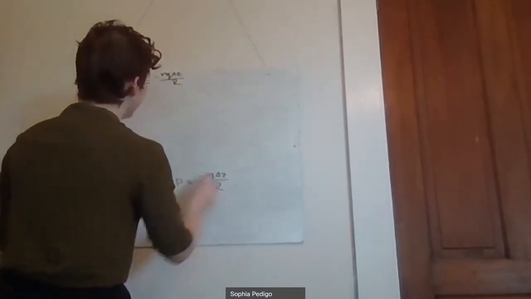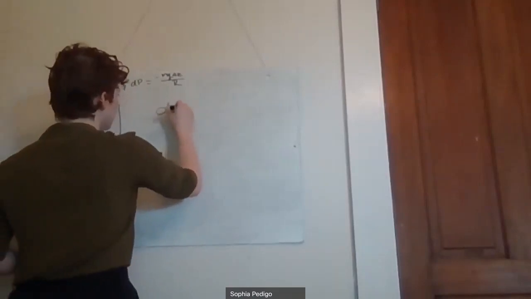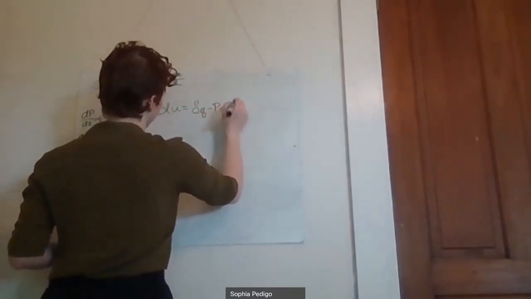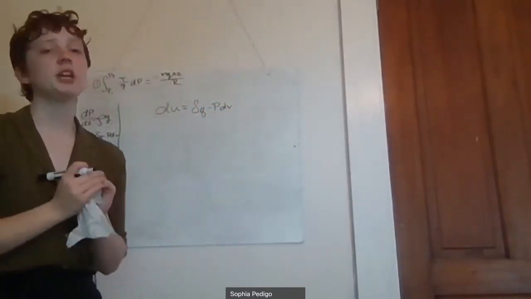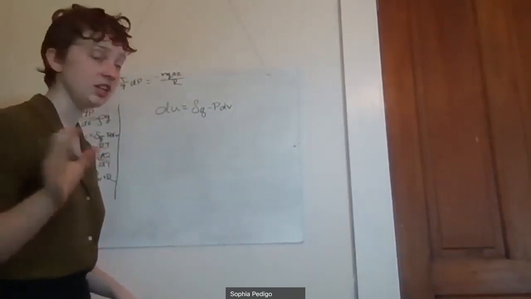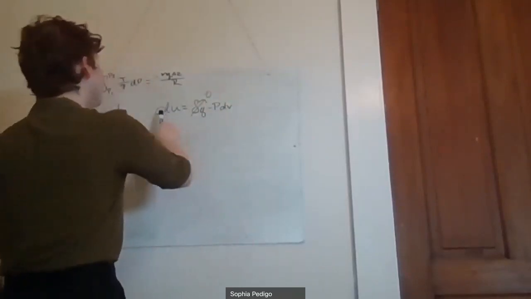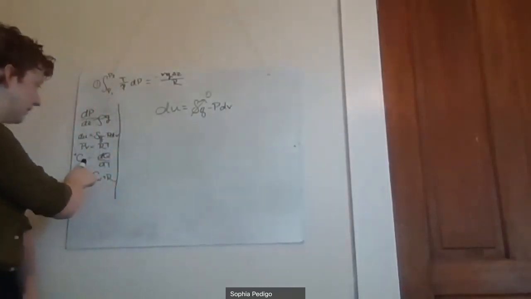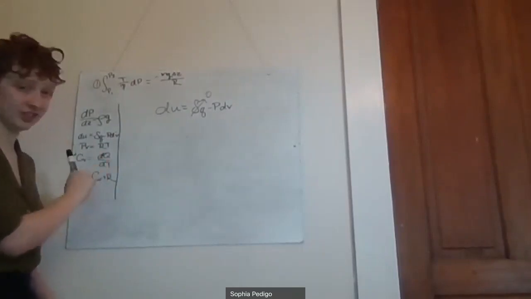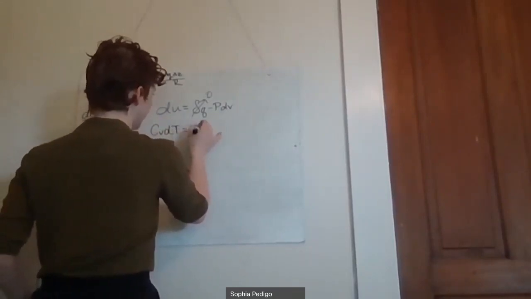All right, now that we've got that written down, I'm going to rewrite this equation over here. So we've got dU is equal to the change in heat of our system minus the pressure times the differential change in volume. Now, earlier at the beginning of this video, I said that we're working with an adiabatic process. So that's one in which there's no change in heat in our system. So this term is just going to be equal to 0. And we can also make a substitution for dU using this one, which is the specific heat capacity at constant volume is equal to dq over dT. So that is going to give us CV dT is equal to negative